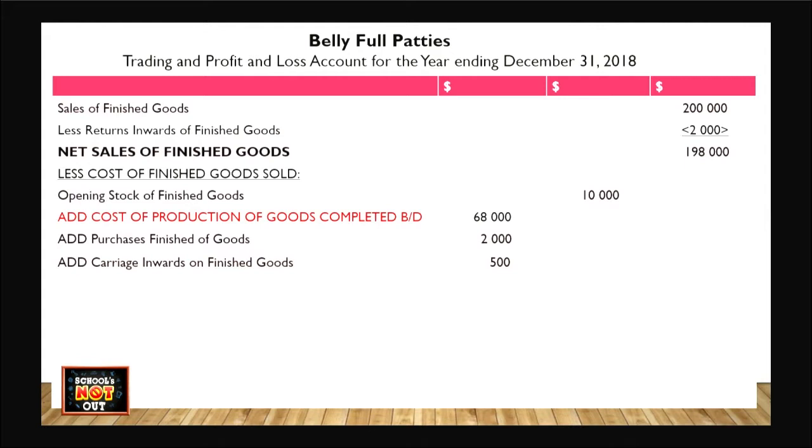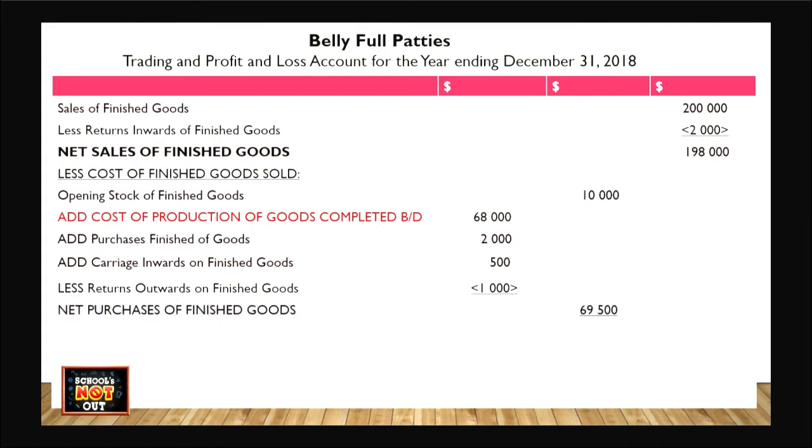We do our addition, students, and what we get here is our total, to which we will subtract $1,000, which is our returns outwards on finished goods. And these returns could be made simply because the manufacturer may have bought extra items that he normally would produce, possibly to fill an order, but they were faulty, so he had to return them. So we would less the returns outwards on finished goods, and then we would get our net purchases of finished goods, which is